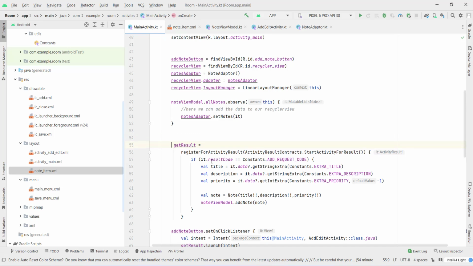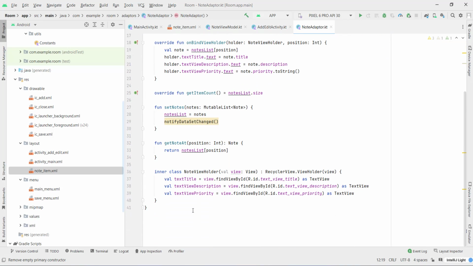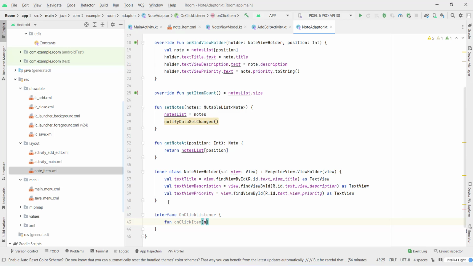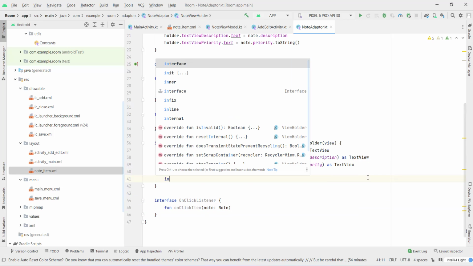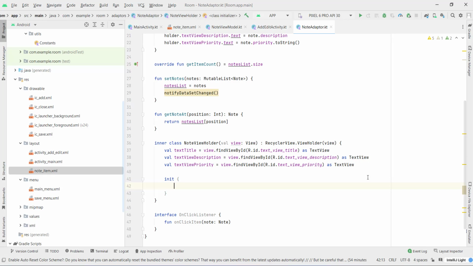Now what I'll do next, I'll go inside note adapter. I will create here an interface, so I'll type interface OnClickListener. It's gonna have a function onClickItem, and it's gonna have a parameter, a note. Now what I'll do, I'll go here, because here we're gonna handle our clicks on the item inside this note view holder, because this represents our note